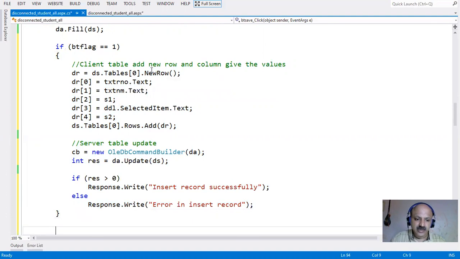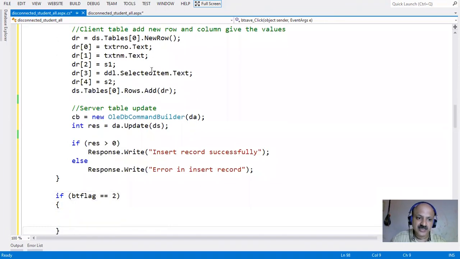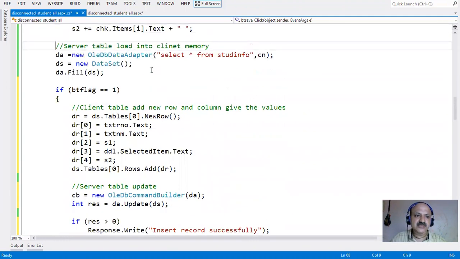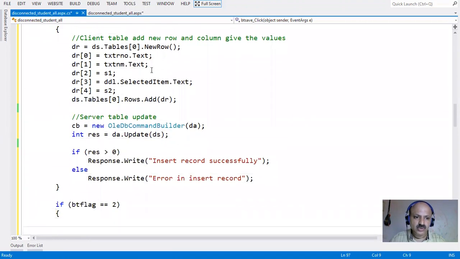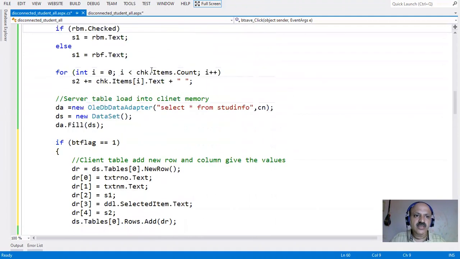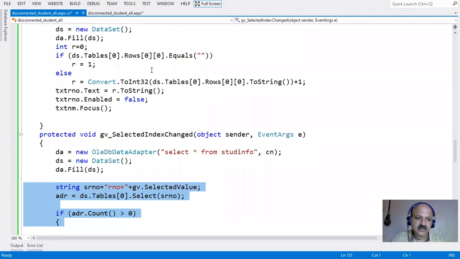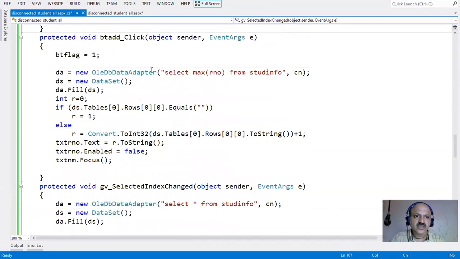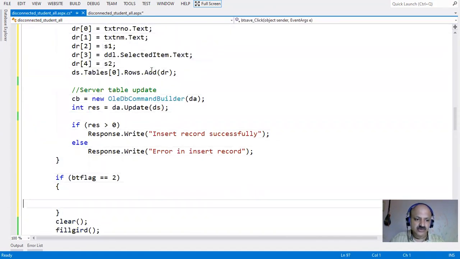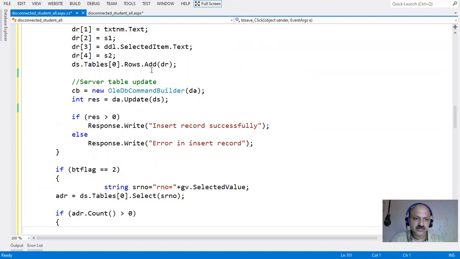Yes, and now if bt flag equals 2, so we can press the update, and then all three lines are the same. These three lines we can use the same, but now we can update our record. So we can use our grid select logic. Here we first select that record, and then I copy and paste it here, and use the flag. So if all are well here,